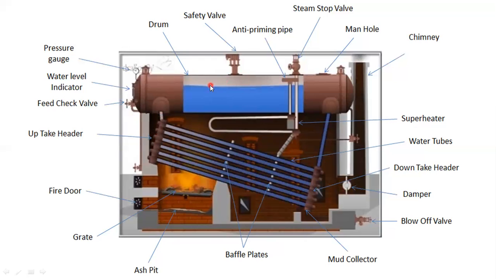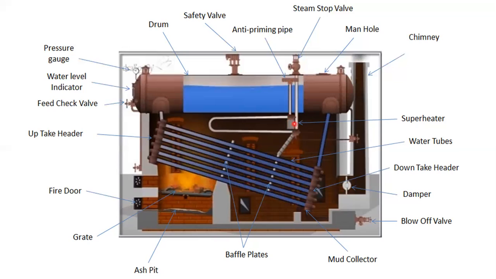Now the steam collected inside the drum is transmitted towards the anti-priming pipe, because before the generated steam is transferred towards the steam stop valve, it has to pass through the anti-priming pipe, since along with the generated steam some moisture particles remain, and they would be carried towards the steam stop valve. So in order to get proper dry steam, we transfer it to the anti-priming pipe, where the moisture particles get filtered out, and the saturated steam is transmitted towards the superheater.